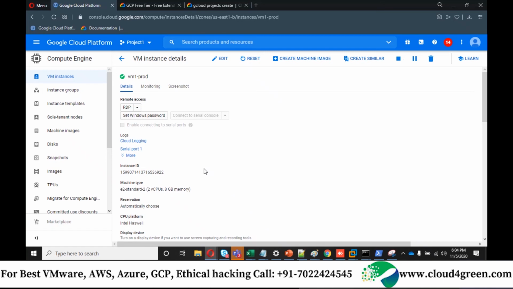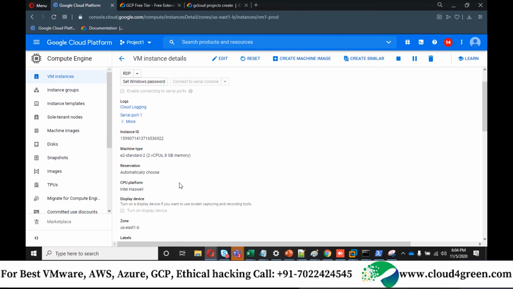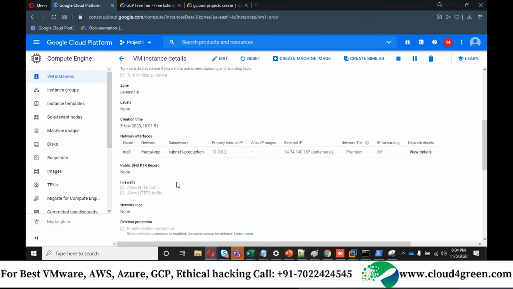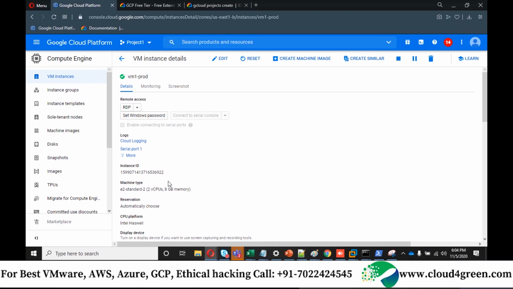Okay, once you have deployed, have a look at my screen. This machine, I want you to spend at least 5 minutes on this page. As soon as you deploy your machine, every machine will have its own instance ID. You can find it here, the way it was created for the project ID. This instance ID is unique, and you cannot find the same instance ID assigned to multiple machines.